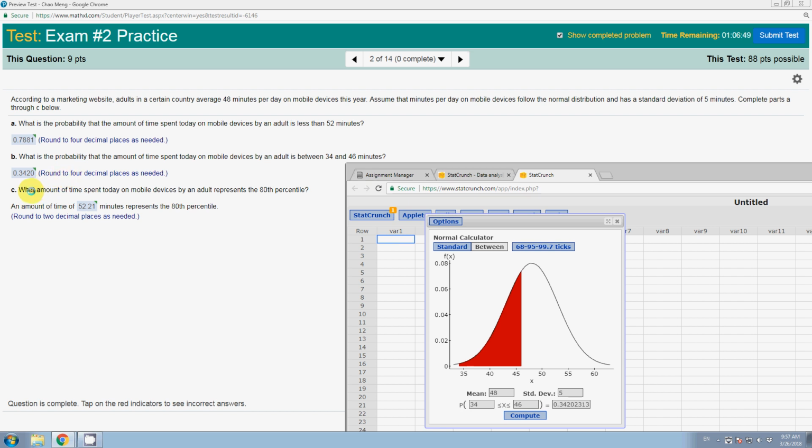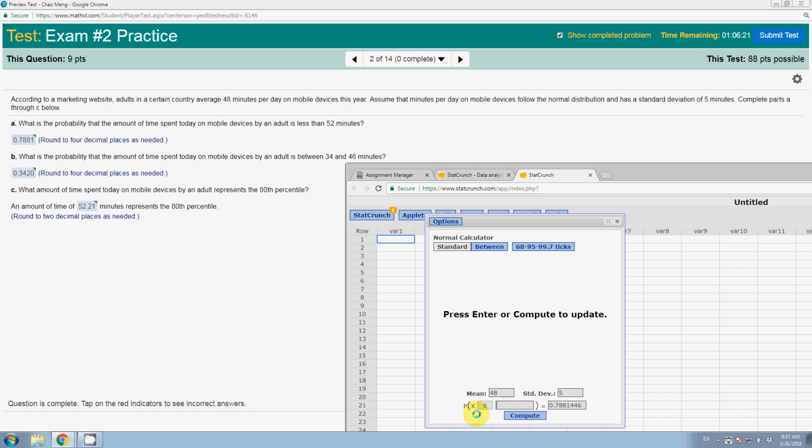Then the third one, what amount of time represents the 80th percentile? Percentile means the probability that the random variable is less than that value, and the probability is 80%. So let me go back to the standard. We don't have to change the parameters. So it means the probability that the random variable is less than or equal to a value,